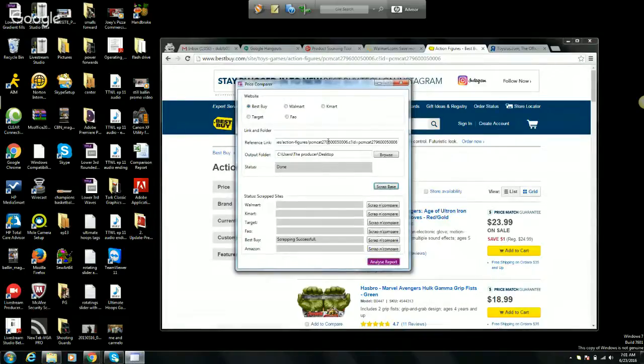And now I want to tell it to analyze with Amazon. So I go over here and say scrape and compare with Amazon. So it's thinking, it's doing its thing. Now usually it's going to take a little bit, just because it's got to go search for each one of those products. So while this is running in the background, once it starts up,